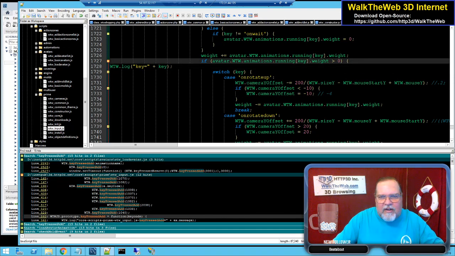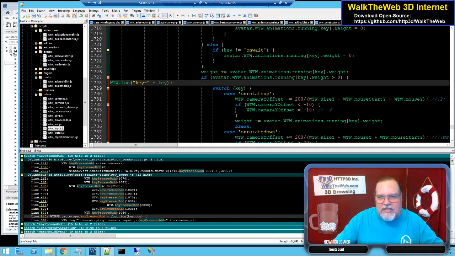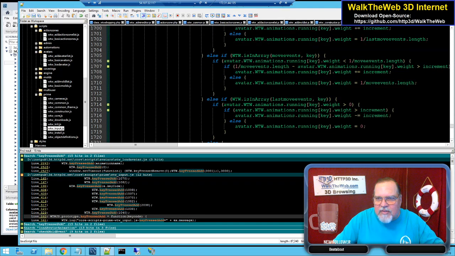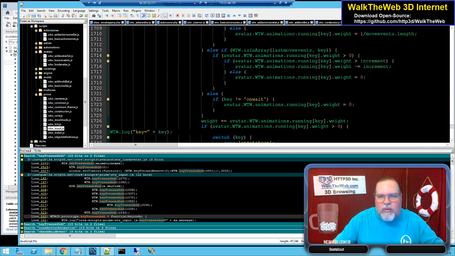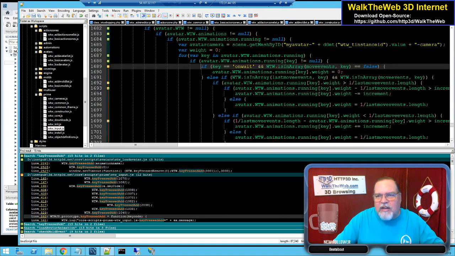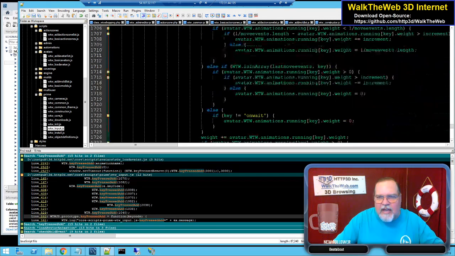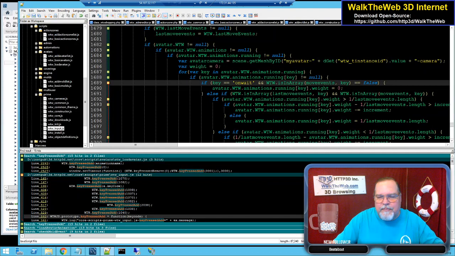Because right here, it's already telling me this is the one you're going to run and it's going to work. But somewhere, I have a feeling it's in this section right here, where it says, okay, run it, but then, oh no, you're not running it anymore, and it turns it back off, or something's happening. So I need to find out why it's cutting it at this point. Maybe because,